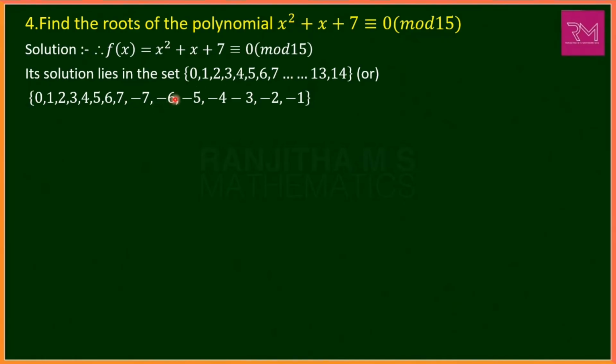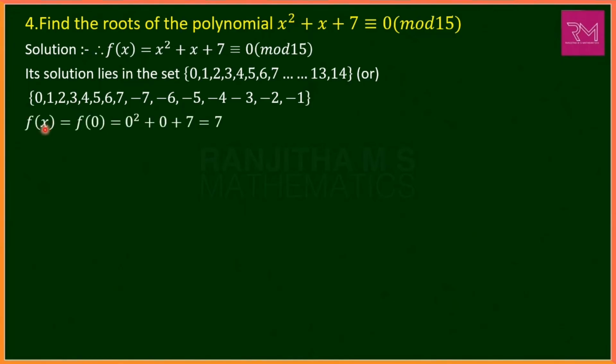In a similar way, we can substitute in the place of 9 as minus 6, in the place of 10 as minus 5, 11 as minus 4, 12 as minus 3, 13 as minus 2, and in the place of 14 as minus 1, because 14 is congruent to minus 1 under mod 15, because 15 divides 14 minus of minus 1, which is plus 1. 14 plus 1 is 15. Obviously 15 divides 15, satisfies. So we can take this set. This is because if we substitute larger values in the given polynomial, it is very difficult to find the values. So we are using this method to find the roots for the polynomial.